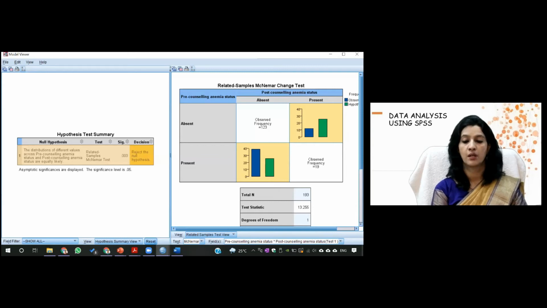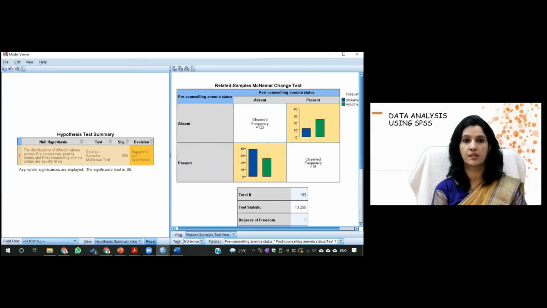Here also you will see that because it's a chi-square, so the difference will be in the form of observed and hypothesized. These two tables, remember, these two will tell you, if you see this 2 by 2 table carefully, this first row tells you about the pre-intervention, pre-counseling anemia status.